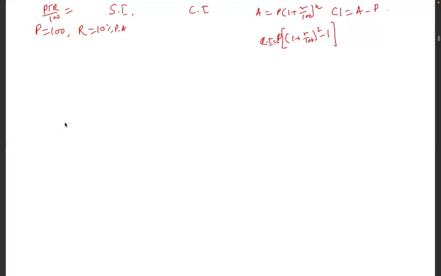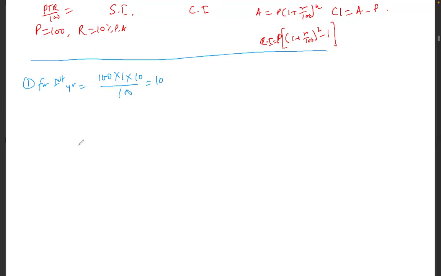Now, let me tell you the inside story of simple interest and compound interest. So simple interest for the first year is equal to how much? 100 principal into time period 1 year and then rate of interest 10 divided by 100. So that is equal to 10. Compound interest, same thing, 10 only. For the second year,